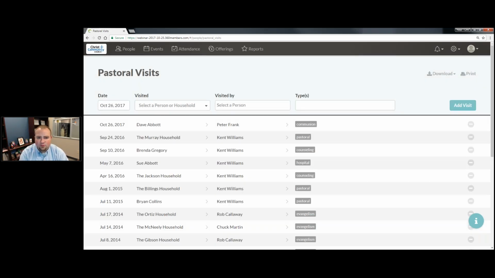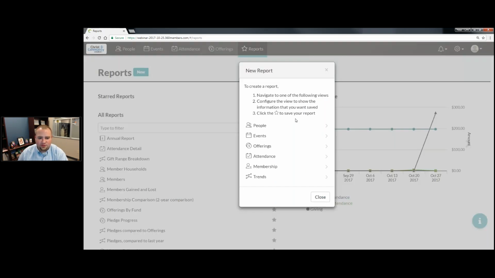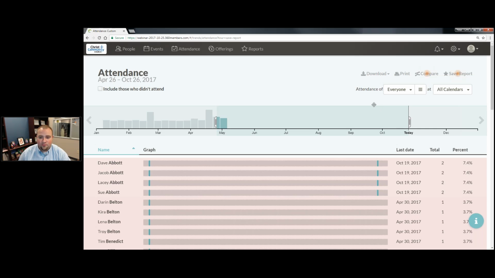So looking at it from a reports perspective, we have many different reports in the system here. And we use a process called starred reports, which is kind of like favoriting a report. We have some out-of-the-box reports, but you can create your own new reports based on these different views. So I can't get into all of them today, but if you wanted an attendance report, you'd go to New Attendance Report, and it'll take you to this view, which is a different view than what you've seen,